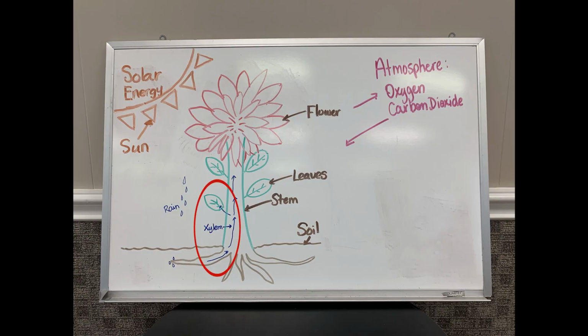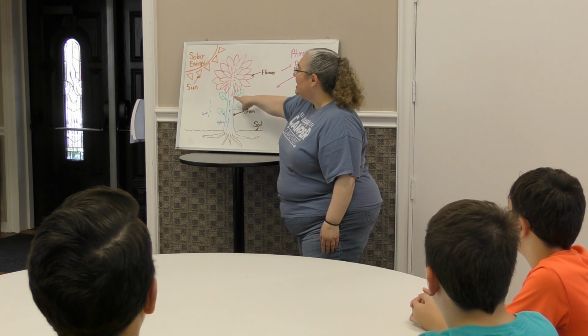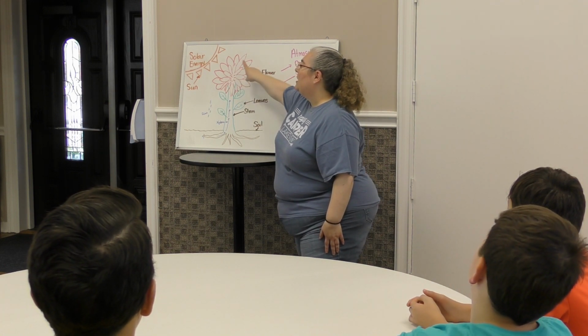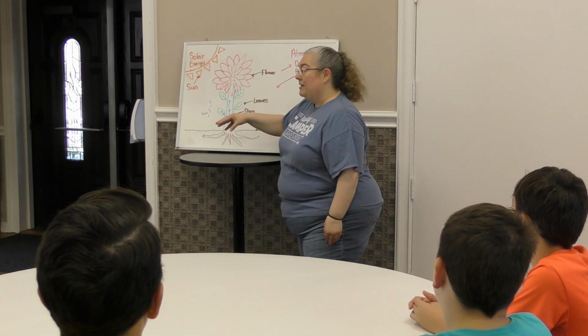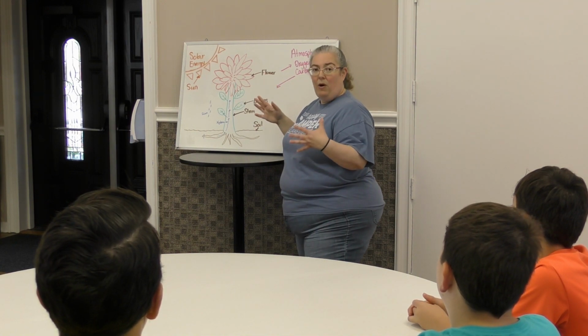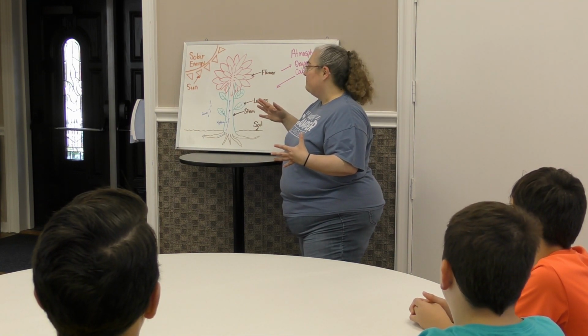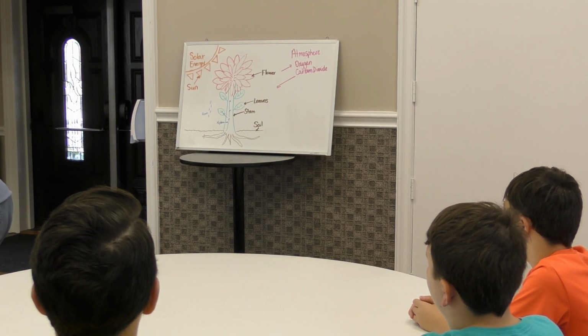One of which is the xylem. Xylem is like a straw that goes all the way from the roots, all the way up to the leaves, the stems, and up to the flowers, to the very tippy tops. It's going to pull water, like a straw, all the way up because every single cell requires that water. Okay? Now, the way that we're going to do this, I'm going to show you this,